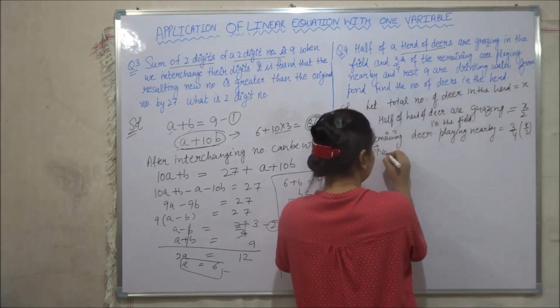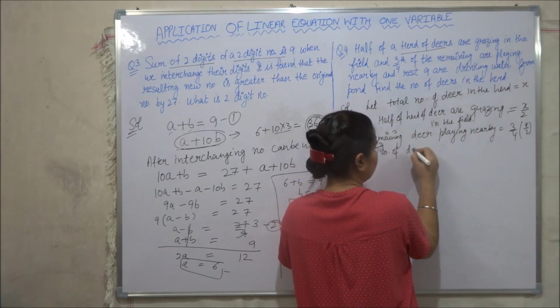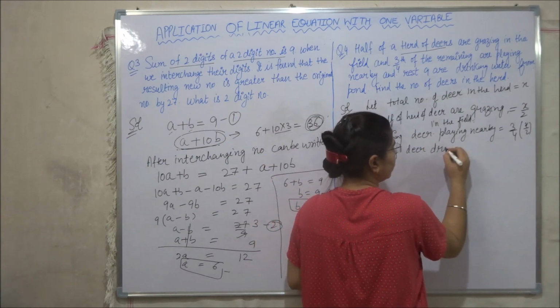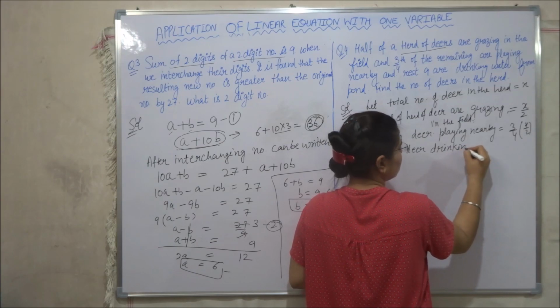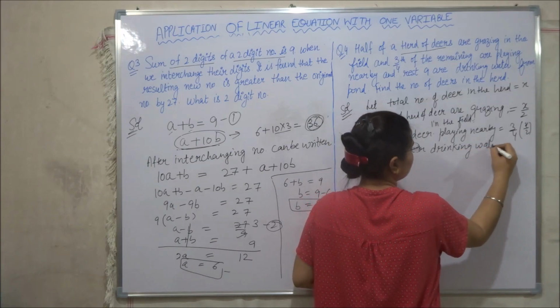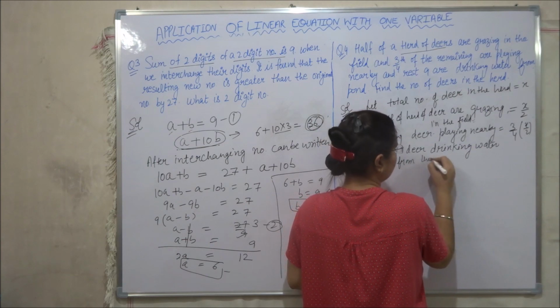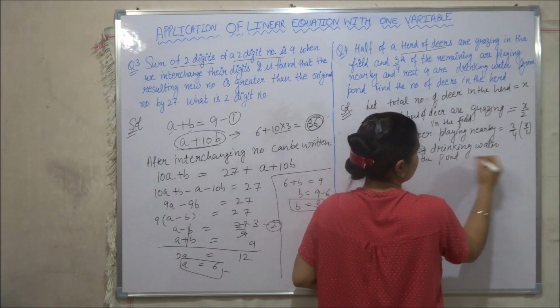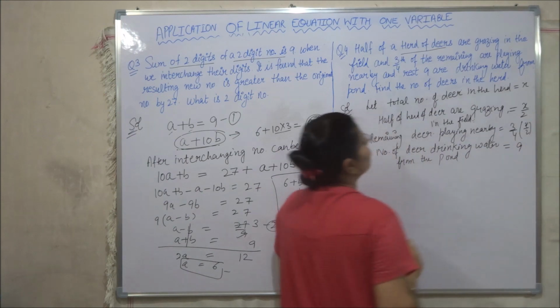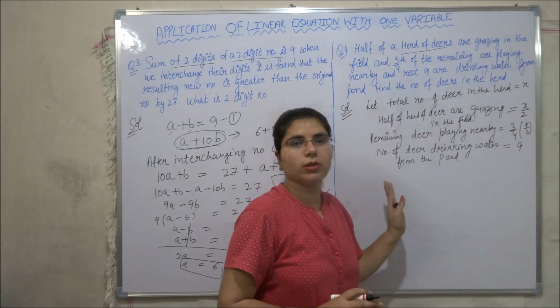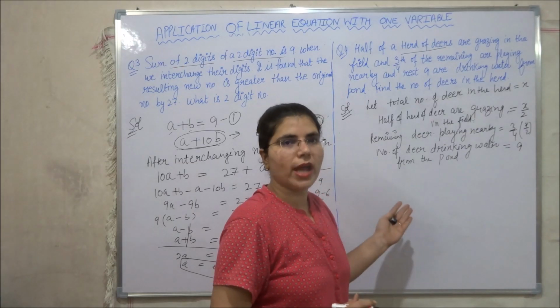Number of deer drinking water nearby from the pond, that is 9. So these deers are taken from the total number of deers. So according to that condition,